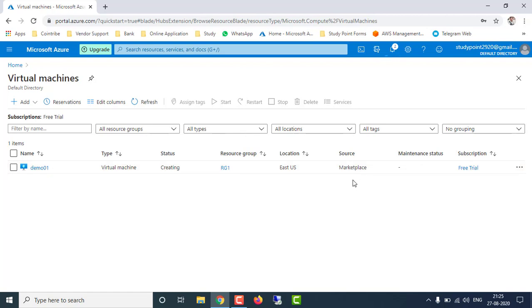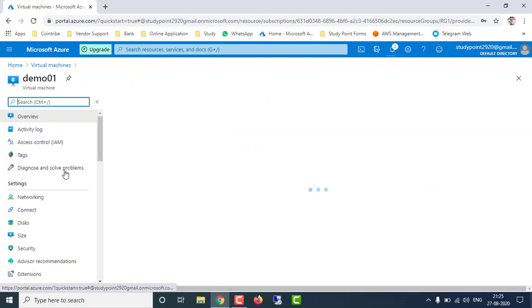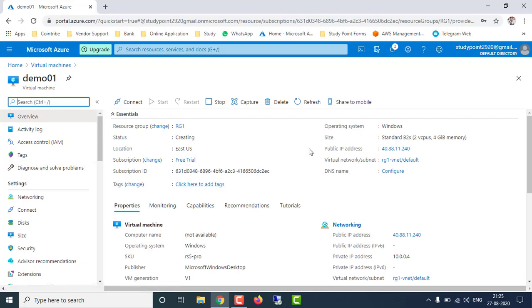Source means here we are selecting the image, where we are selecting the platform OS, the operating system, and our subscription is free trial. And if you click here, then you will get more details about the virtual machine, like it's still creating, and the operating system is Windows.